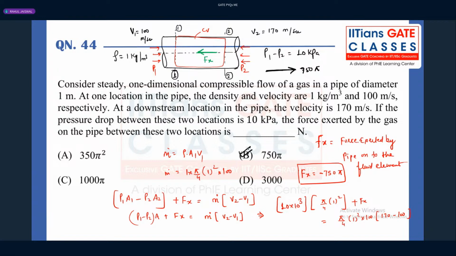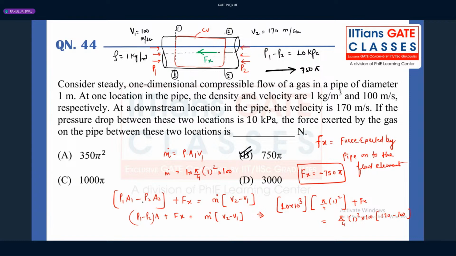Always, in this type of problem, try to find out the force exerted by the pipe material onto the fluid element. Then try to reverse the directions if they are asking for the force of the gas or the fluid element onto the pipe. That is the first trick I am giving to solve this particular problem. Second trick is that